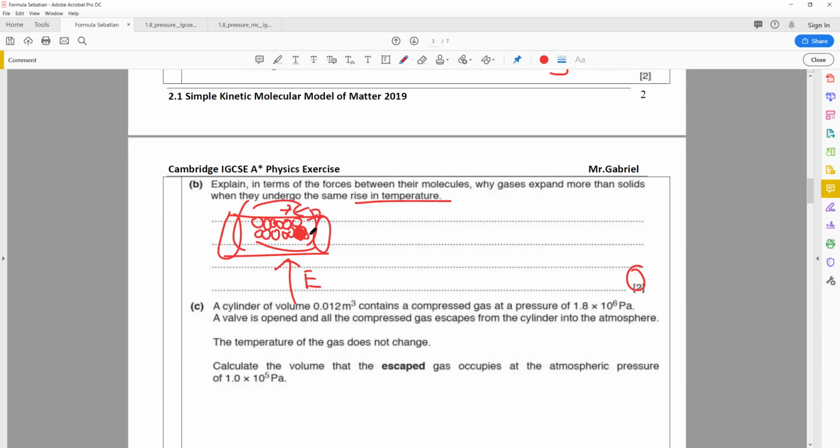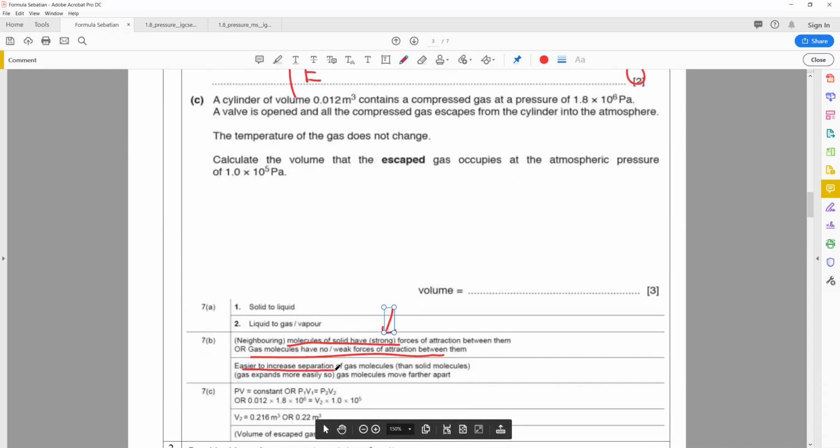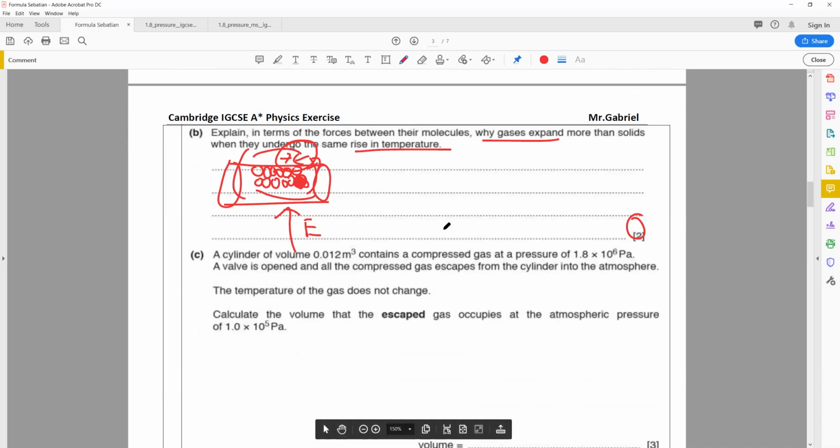But of course, the expansion is going to be very, very small compared to gases, simply because the forces of attraction between each and every one of these molecules are much higher than gas molecules', and thus they generally will not expand as much as gases. So if you look at this answer here, you'll see something like: solid molecules have strong forces of attraction between them, gas molecules have no forces of attraction between them, or you could write easily increase separation. Not this one, let me just write this one better. So if I were to structure an answer here, it would be something like